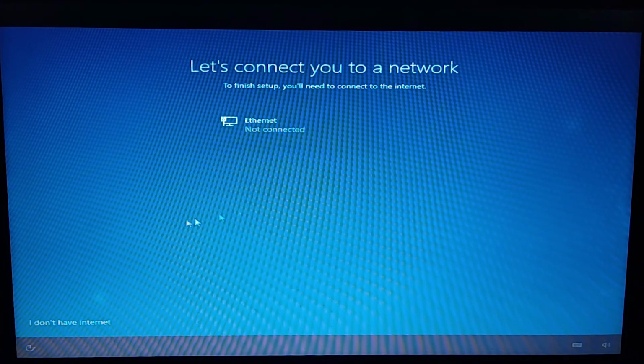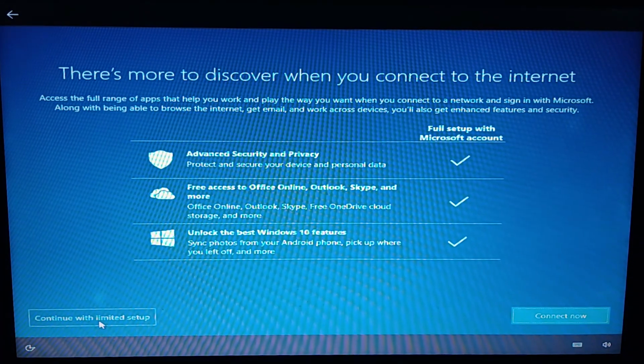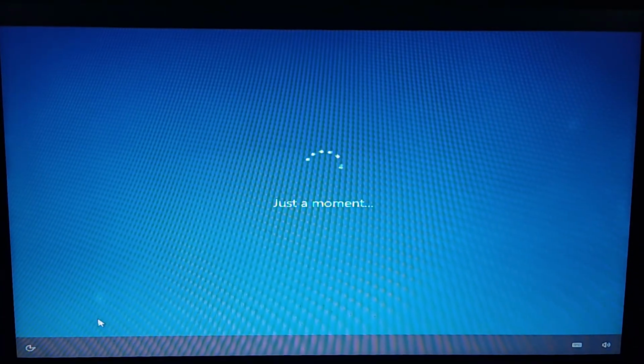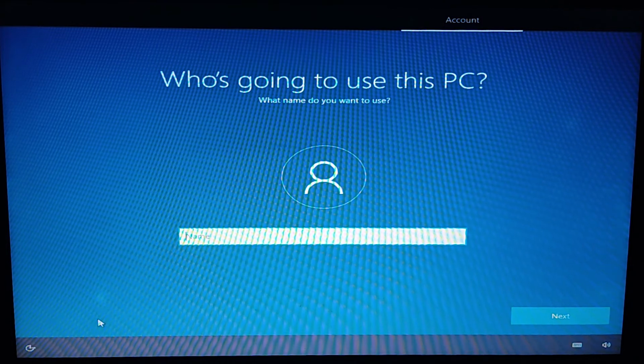Now select I don't have internet. Then continue with limited setup. Then we have to enter the name. Whatever we want, we can give the name of the PC.